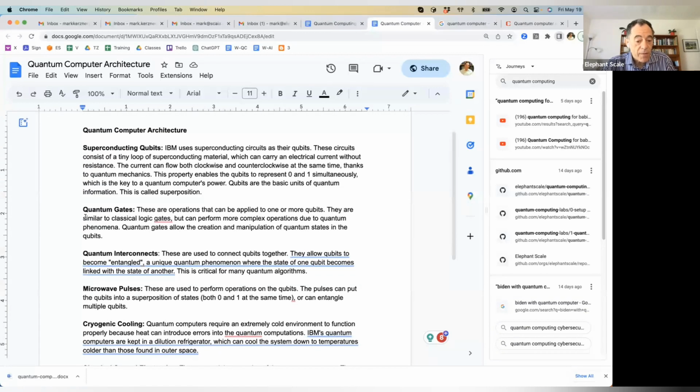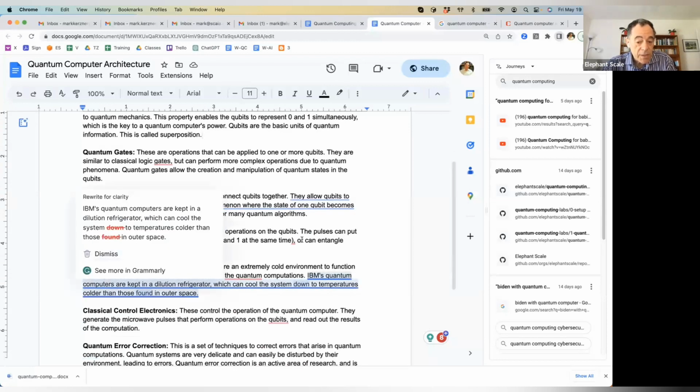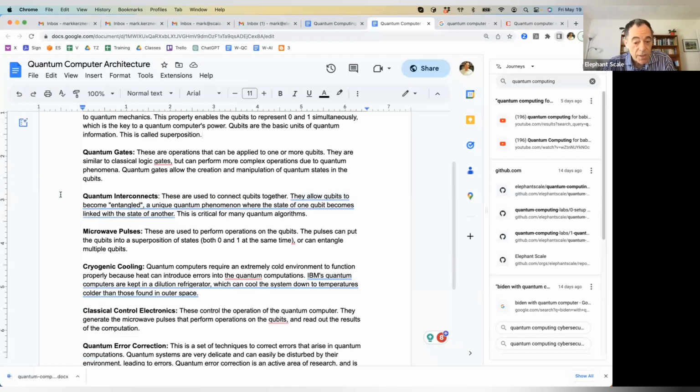Okay. Now, physically, what does that mean? It means that you have a way to connect every qubit to another qubit, and you can put those gates, that is connections, on top. That is when you start your quantum computation, you create a quantum computing circuit. The next thing is the quantum interconnect. That is what connects the qubits. It allows the qubits to become entangled. That's an interesting word. Let's leave it aside. And it allows them to copy the state, for example.